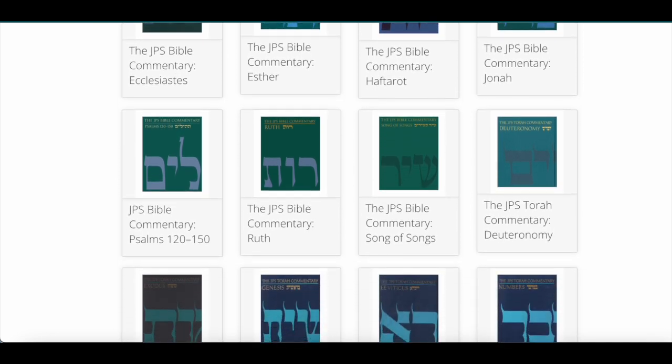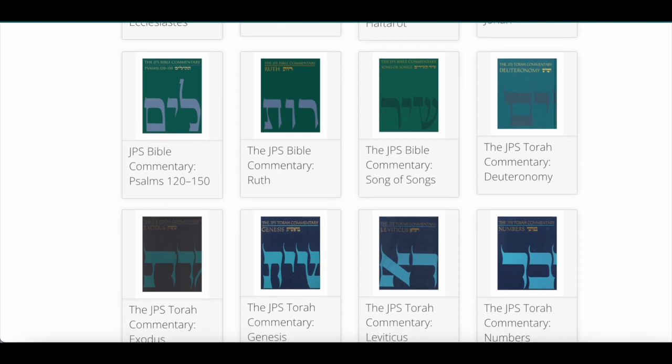Then they decided to move forward, and they did Megillot volumes, the 5 scrolls, and great commentaries. And now they're moving still more forward, working on the book of Psalms under the general editorship of Ben Sommer and the historical books of Joshua, Judges, Samuel, Kings. And they approached me to do the book of Samuel, and I was, of course, honored to take on this challenge. And I say challenge because, which I didn't really know when I started, but I learned it very quickly,